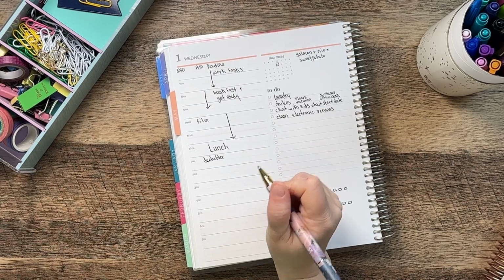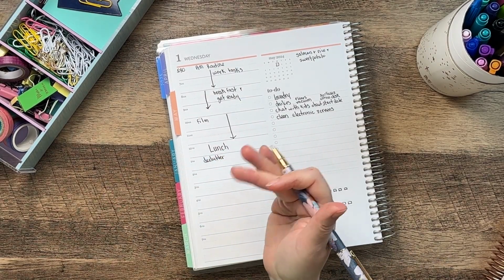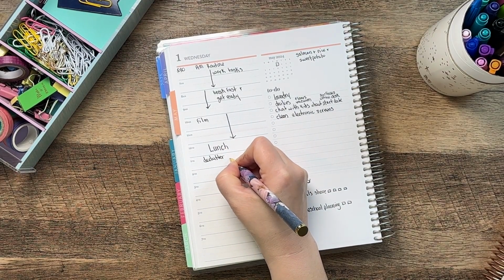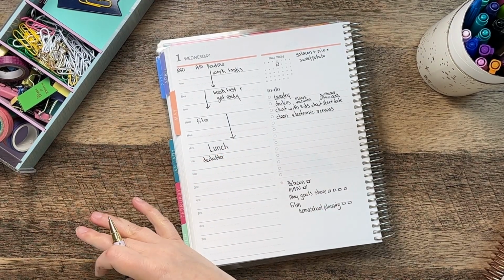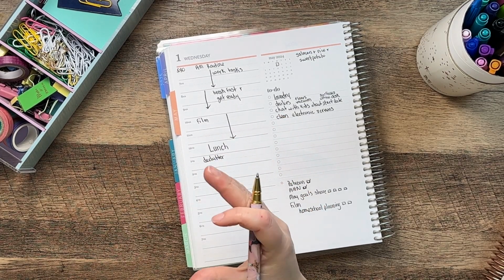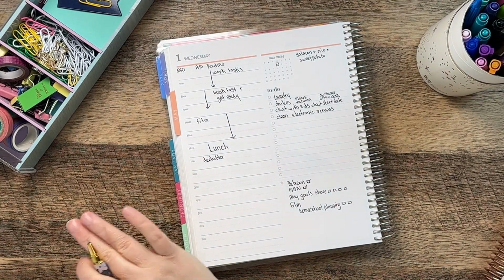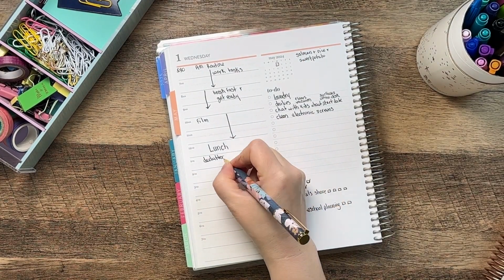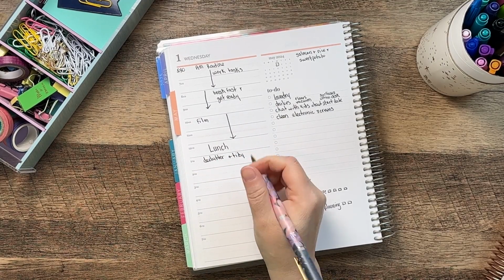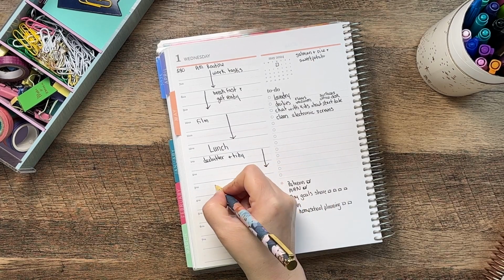Now, I did my unfinished part of the basement last weekend. It is part of my quarterly goals to get through all of that stuff. I don't know if I'm really going to be decluttering the finished side of our basement, which is like the kids' den area, as well as where we house all of our homeschool books. My husband's office is down there. That's kind of like its own section. But maybe if I can just get down there and kind of tidy, I will see some things that I can just get rid of. We will see. I don't know how realistic this is, but I'm going to put it here,